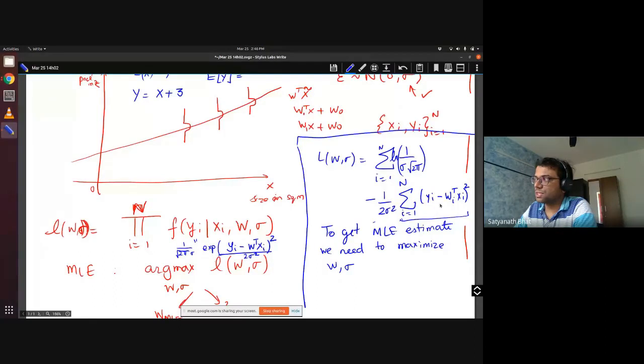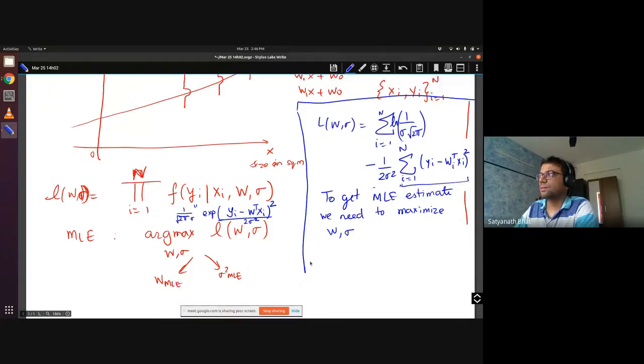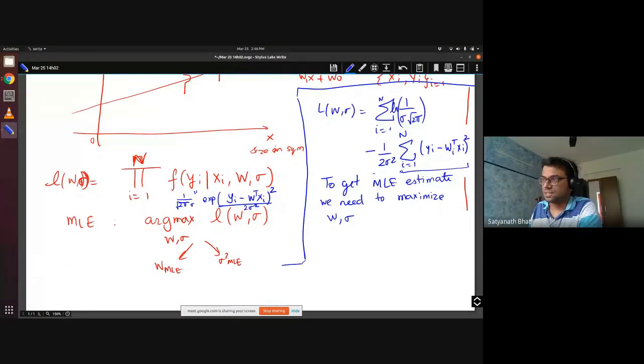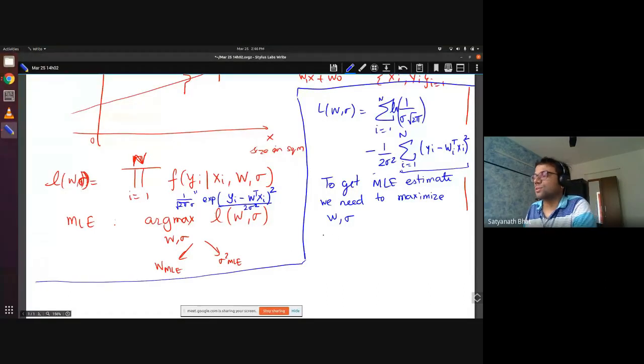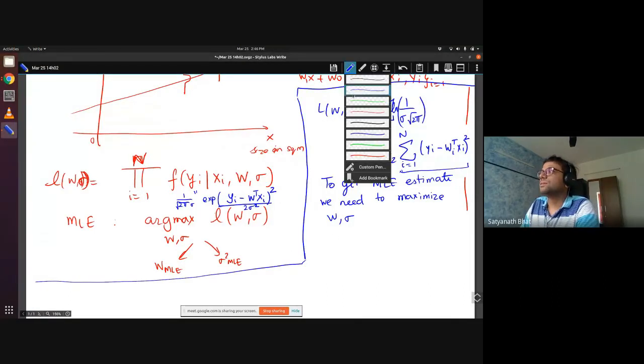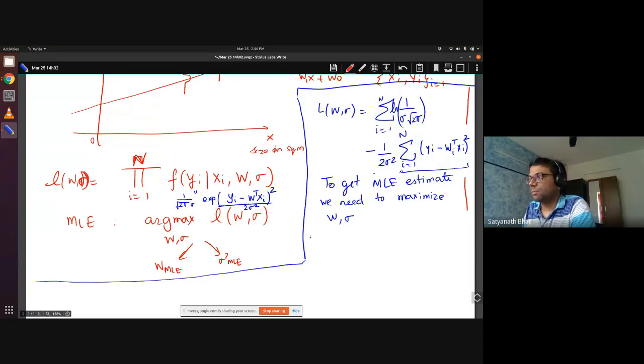And what is this function? You have seen this already. What is this function? Mean squared loss. Yes, it's a mean squared loss. So let me write this as a very important remark. What I'm saying is, disregarding sigma, which means you can treat it as a known quantity, known value,